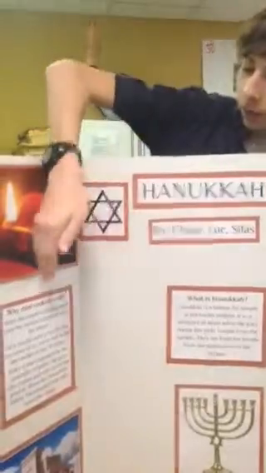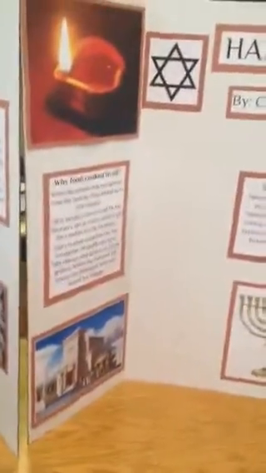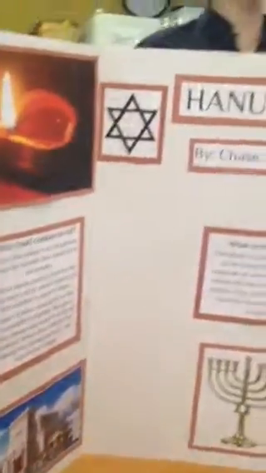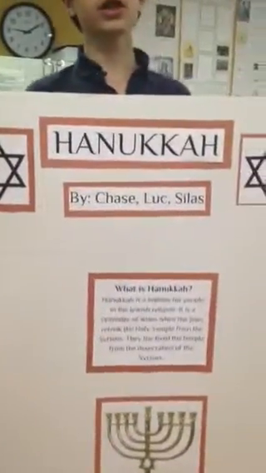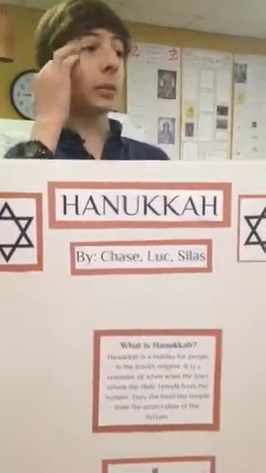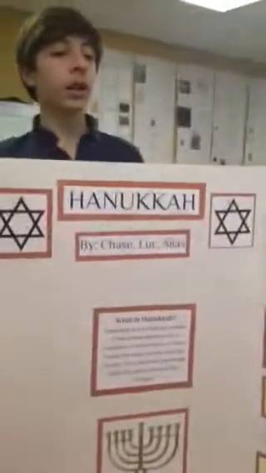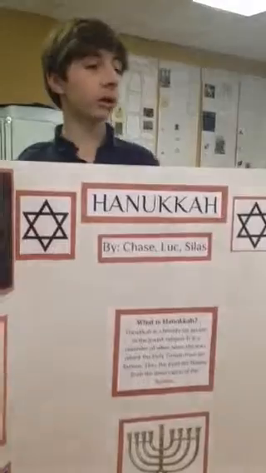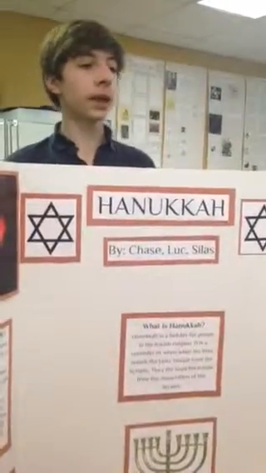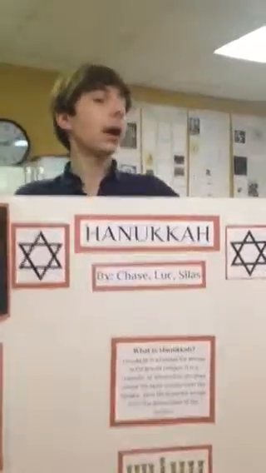So, why is food cooked in oil? Well, about 168 BC, the Syrians took the holy temple in Jerusalem from the Jewish people, and for a year or two later, a revolution had been going on with the Jewish people against the Syrians. At one point, the Jewish people finally won against the Syrians and retook their temple. When they retook their temple, the Syrians had left some stuff behind. One of